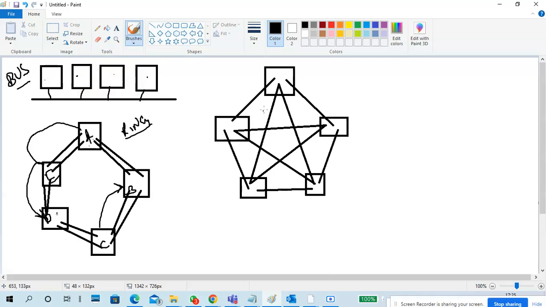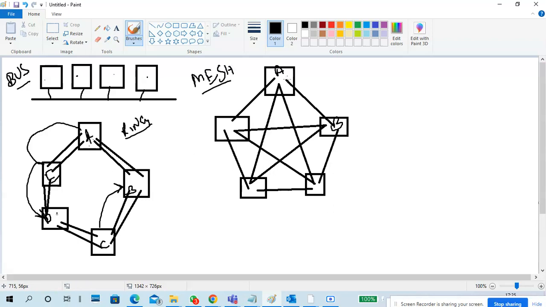So, guys, it looks like a star. Why are people drawing a star? To make the drawing very easy. It is actually mesh topology. So when you see a star, automatically we think it is a star topology. Now, guys, it is mesh topology. The meaning of mesh topology is that each and every device will connect to each other.